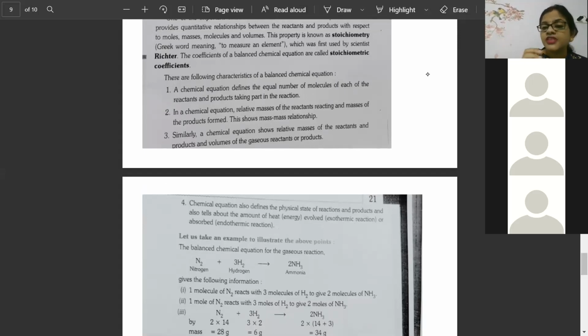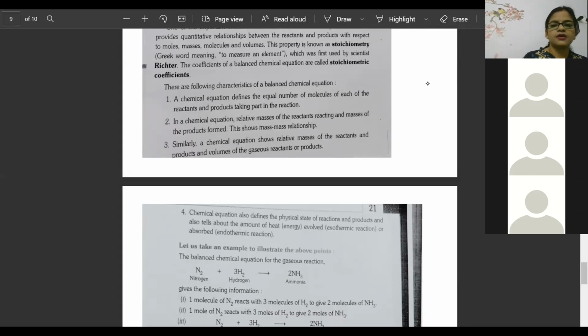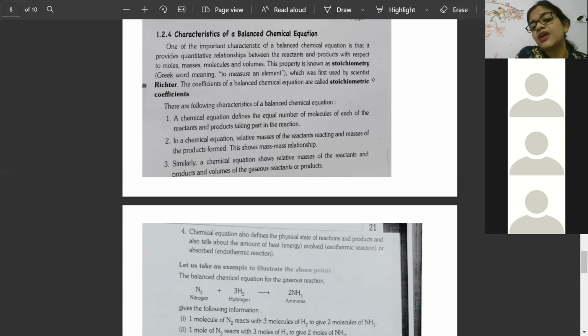But there is a concept in class 9th you have studied, mole concept. Tell me yes or no. You know about gram atomic mass, relative atomic mass. Okay, gram atomic mass, relative atomic mass. Beta, here it is exactly asking about a concept. It is telling that relative masses of reactant and product and volume of gases of reactant.